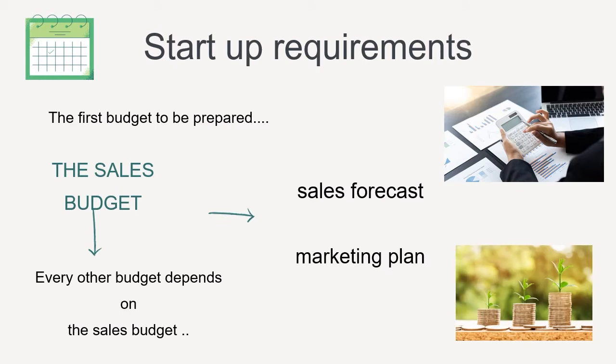The sales budget is the first budget prepared. It is derived from the sales forecast and the marketing plan. The sales forecast is management's best estimate of sales revenue for the budget period, monthly and/or annually. Every other budget depends on the sales budget. In the example reported in the next slide, we report the unit cost of sales. Evidence to complete this field will be analyzed in the production budget session.